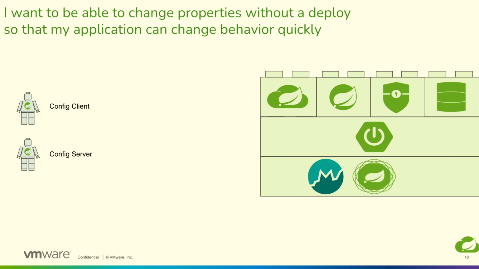Now, one thing I want to say is there's a little extra step. You say, well, man, I've still got to go through and repave all these things, right? Well, if you add in Spring Cloud Bus, it adds an extra feature for you. In this case, what it will do is that if you make a property change in the config server, it will notify all the apps downstream that, hey, there's a new configuration, take advantage of it.